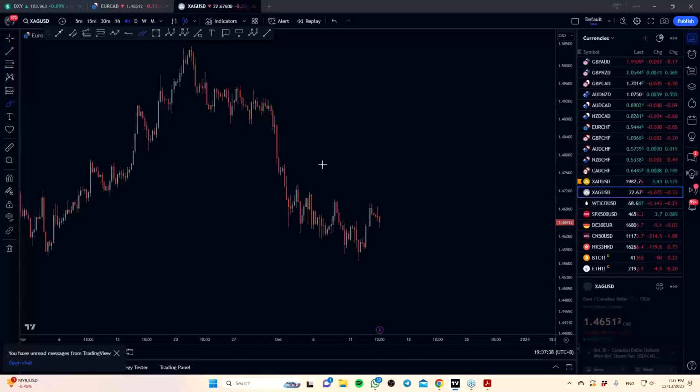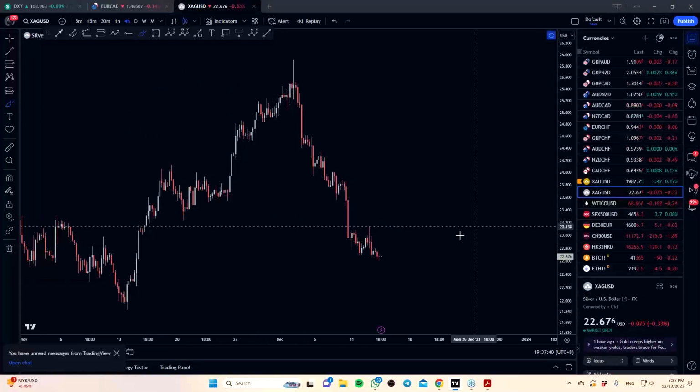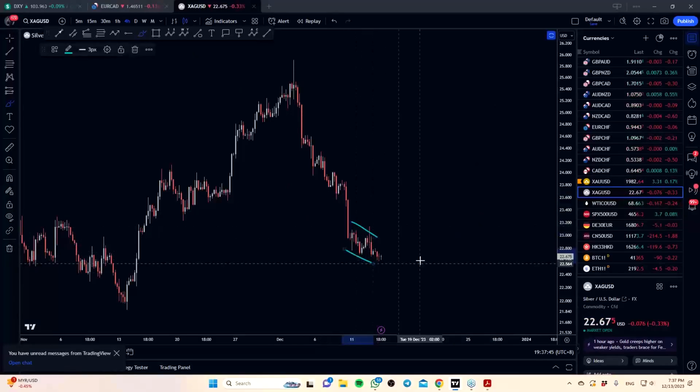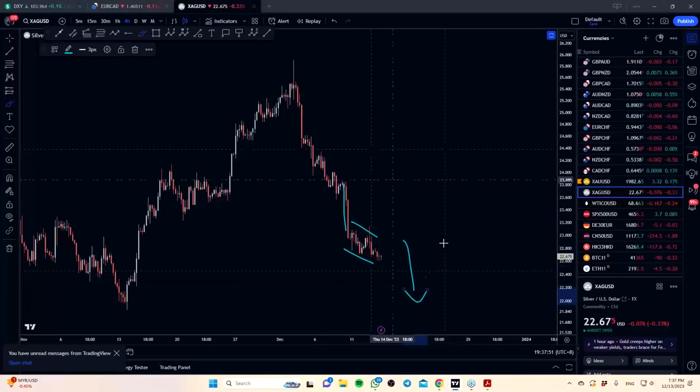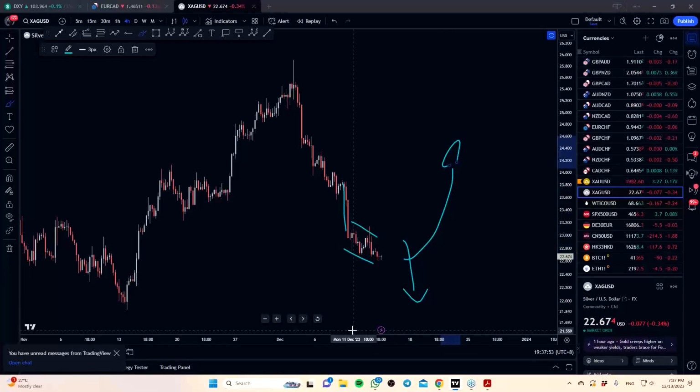So over here, if you take a look at some instruments like silver, okay, what do we have, right? You look at this here, this is so obvious, coming down in a slow move. It's not going very fast. We have this move here. So am I looking to sell silver? Probably not. I'll be much more interested in the upside. Can follow, right? Now, it doesn't always work 100%, right?